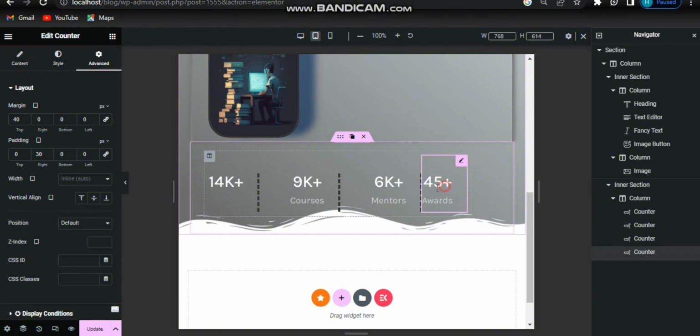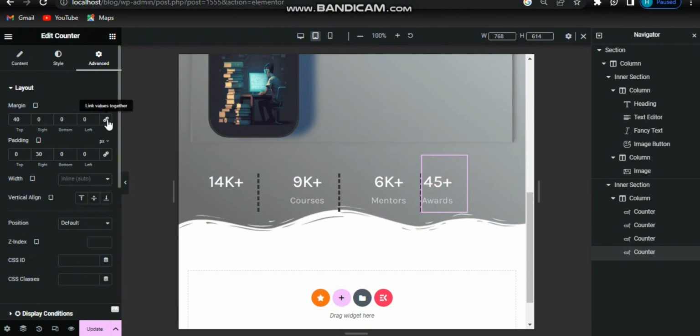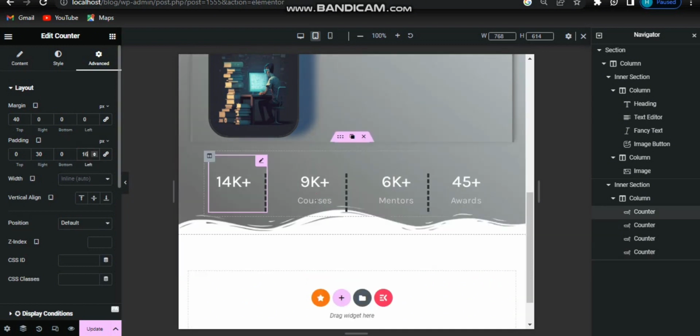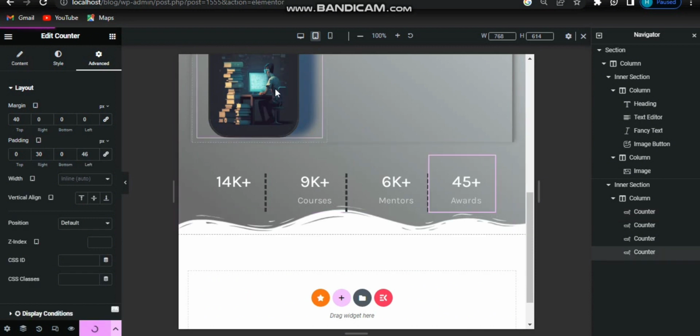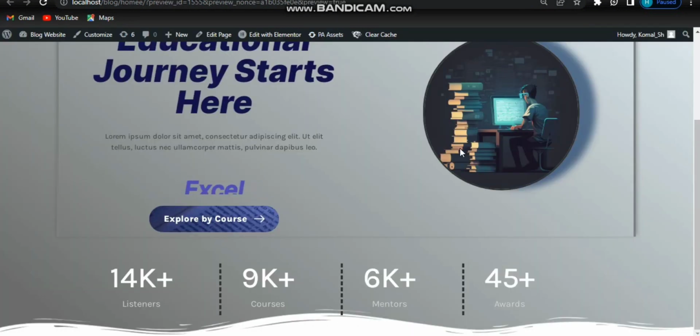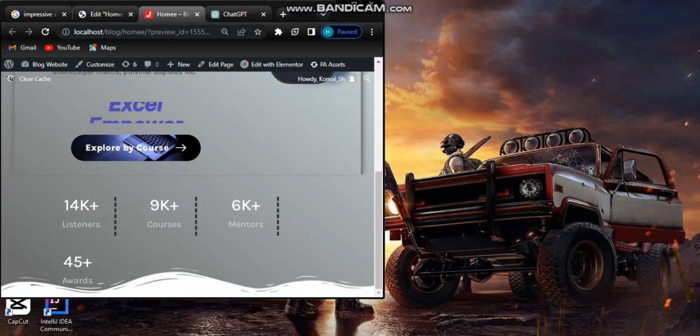Go to this counter and I just accidentally removed its padding, also give it a 16. Click on update, go to your site, refresh the page,